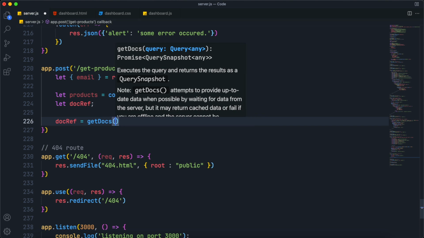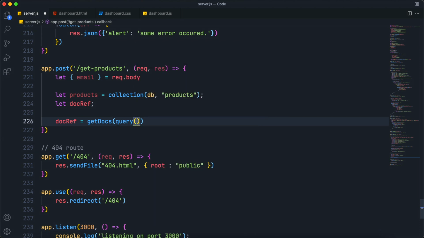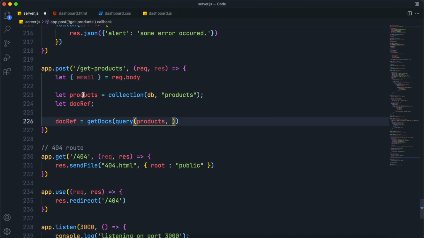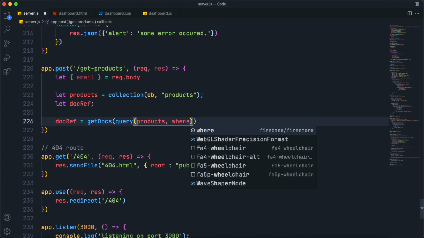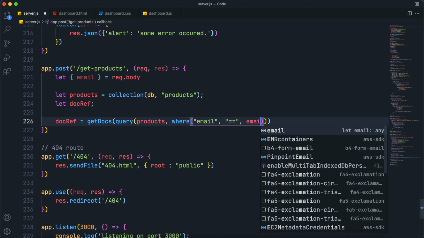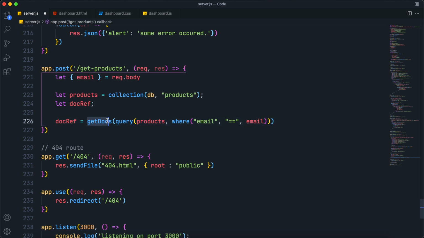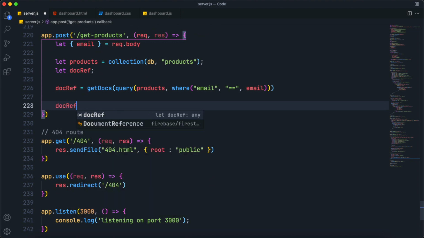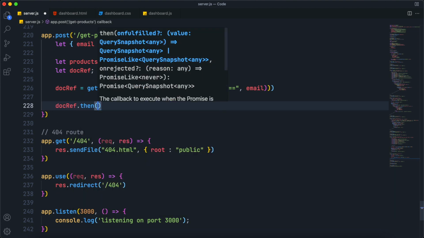Well, getDocs will get the document from the Firebase, and inside it query will run a query to get it, and in this query first pass the collection, which is our products, and the second is a where statement. So where is a sort of condition, and here I am passing email equals to email, which means a simple plain text email is equal to this given email. So this is a way to run a query in this Firebase version 9, I guess,